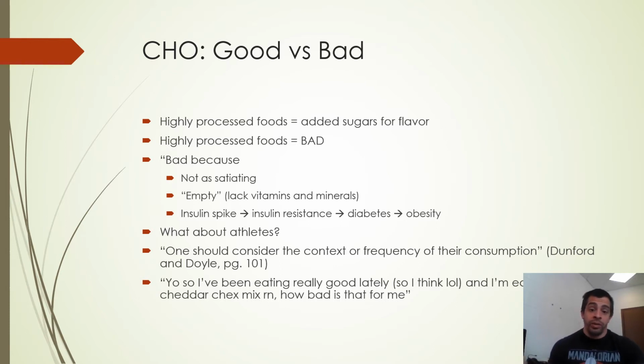So two reasons. One, depending on the athlete and the context of the athletic situation, you might want processed foods. And two, you can have processed foods. It's not the end of the world. You're not going to develop diabetes or anything if you're eating sugar once a week, twice a week in small amounts. So do not stress over things like that.